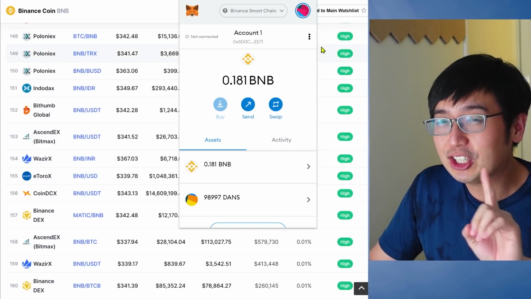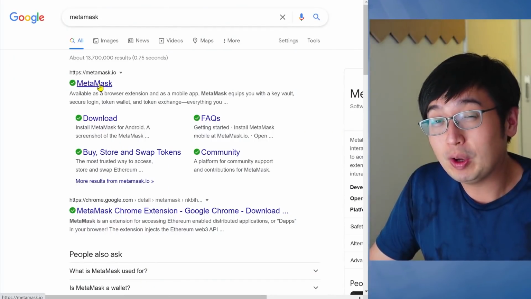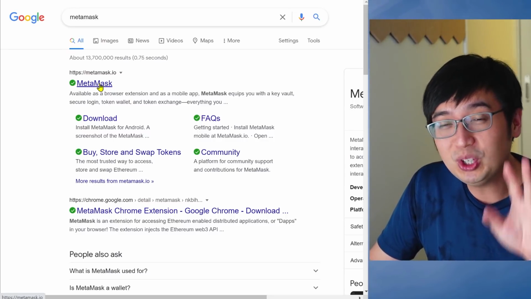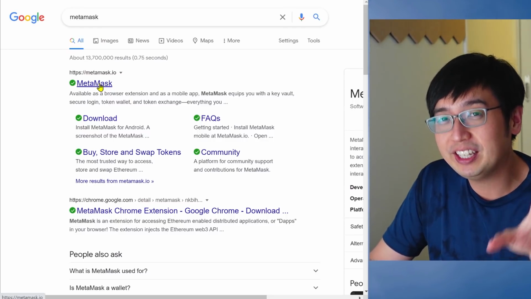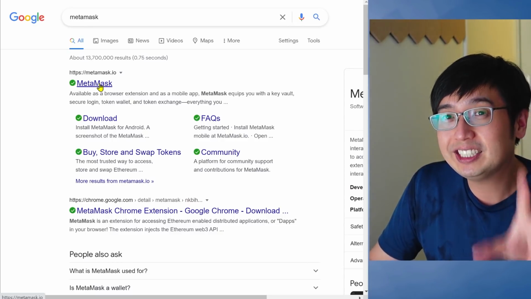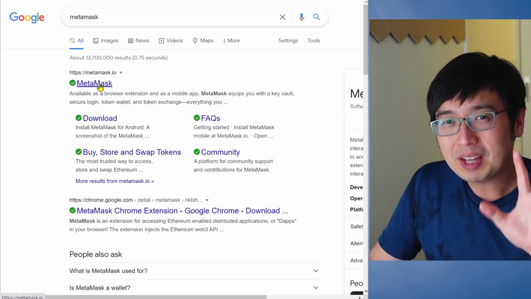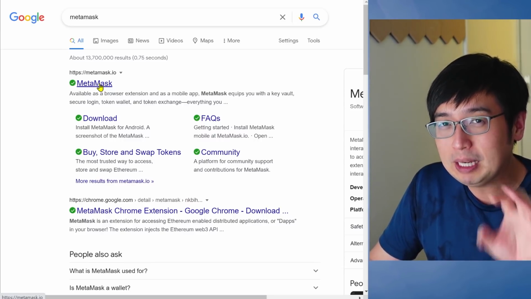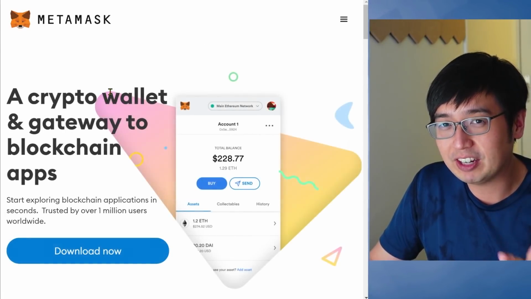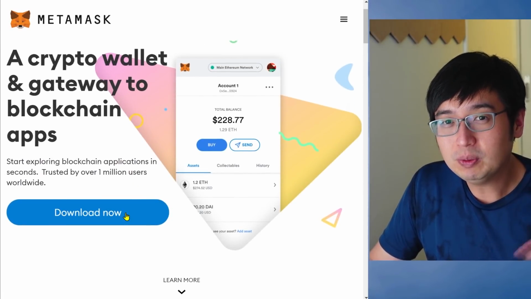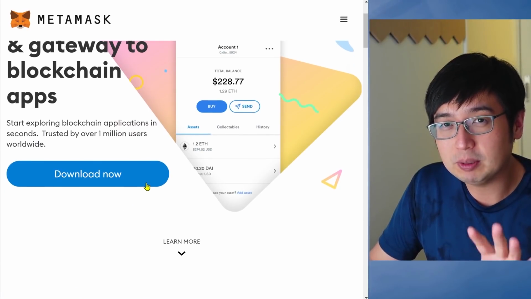If you don't have MetaMask, you're going to need it. MetaMask is a browser extension that you can use to connect your wallet to online applications or decentralized apps, dApps. So just look for MetaMask. The official website is MetaMask.io. Look out for clones. Be very careful when connecting your wallet here because this site is subject to a lot of attacks. It doesn't mean they're always attacked, but a lot of people want to take over this site because people connect their wallets through MetaMask. It's a very popular application. So go to MetaMask, download now, and then you'll be able to set it up.